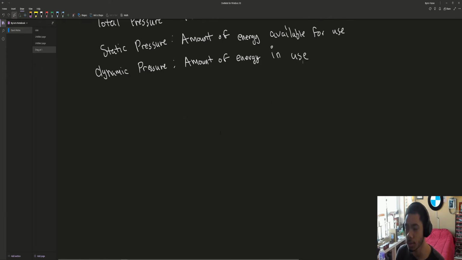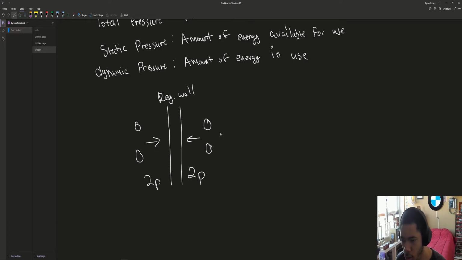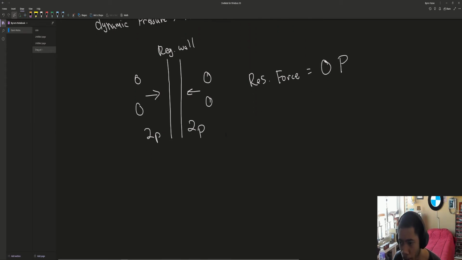So imagine this. Imagine we have this wall. We have two people here, and we have two people here. Now we talked about before that they go against each other. 2p and 2p. We're going to have a resultant force. We're just going to say this is a regular wall. Regular wall. We find out that the resultant force is going to equal 0p. 0 people's worth of force. But